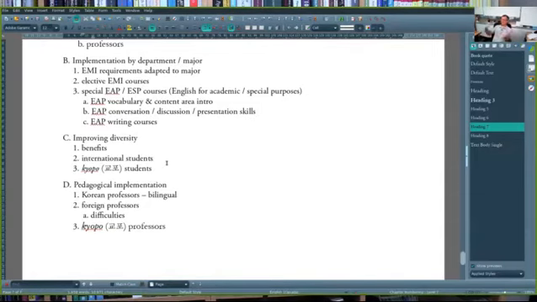Koreans can learn from maybe the international students, and also attracting more Kyopo students. I mean, hey, why not? College costs in the US are just absolutely crazy. In other countries, they're pretty high. Attract more Kyopo students here, and especially in general courses and in EMI courses, if there's more mixing of Korean, Kyopo, and international students, that's going to arguably make EMI courses more effective, and it's going to be better for